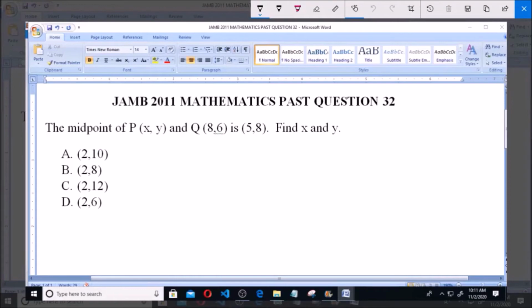The midpoint of P, which is x, y, and Q, which is x, 6, is 5, 8. Find x and y. Now, the midpoint,